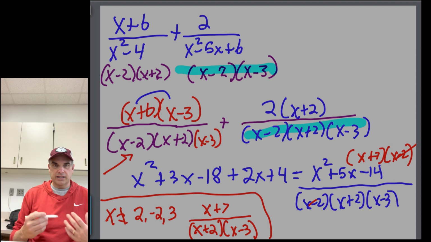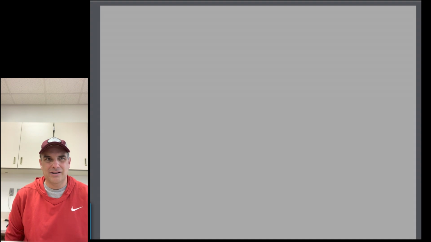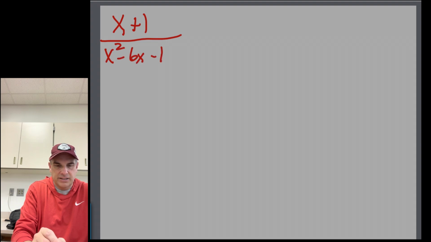So now let's look at finding the difference between two of them. Really, the process, you're still going to find the least common multiple or least common denominator. It's the same thing. It means the same thing. Least common multiple, least common denominator. You're still going to do that. Now you just have to be a little bit careful with some things. So let's go with x plus 1 over x squared minus 6x minus 16